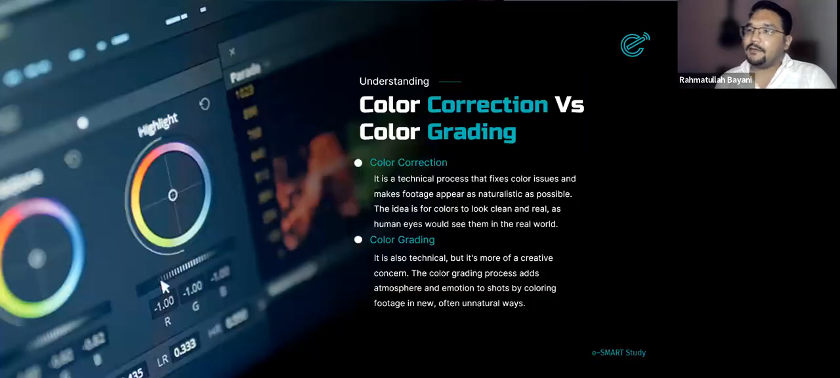So the first thing is the understanding of color correction and color grading. As I already mentioned, most people think color correction and color grading are the same, but